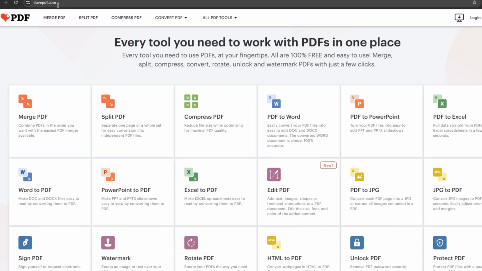as you can see here. And from here, this is a free online tool that you can use to perform several tasks. So one of them is merging PDF documents. Under merge PDF document, you can see you are given an option to combine PDFs in the order you want with the easiest PDF merger available. So click on merge PDF